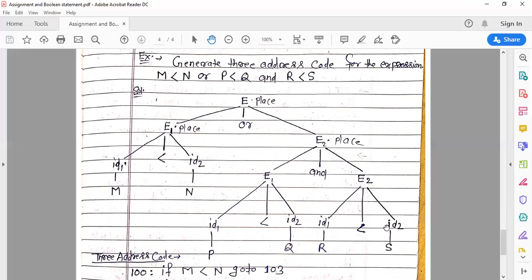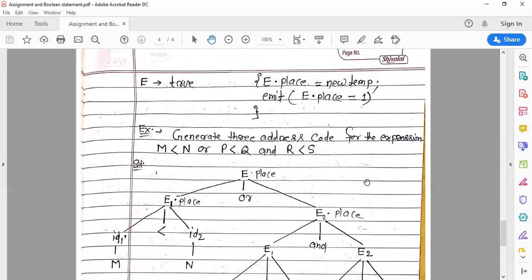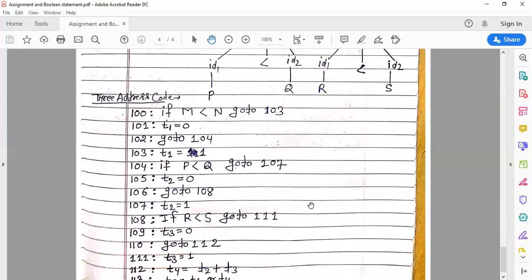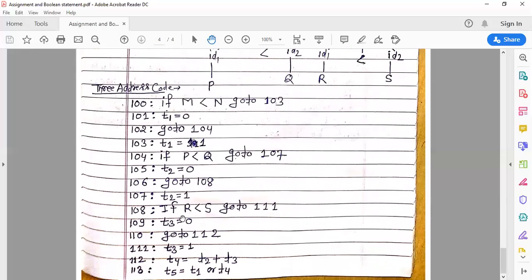Similarly we apply this semantic rule for R less than S. Now we have the address line 108. So if R less than S, go to current statement plus 3, next statement plus 3. So what is the current statement? 108, and plus 3 is 111.